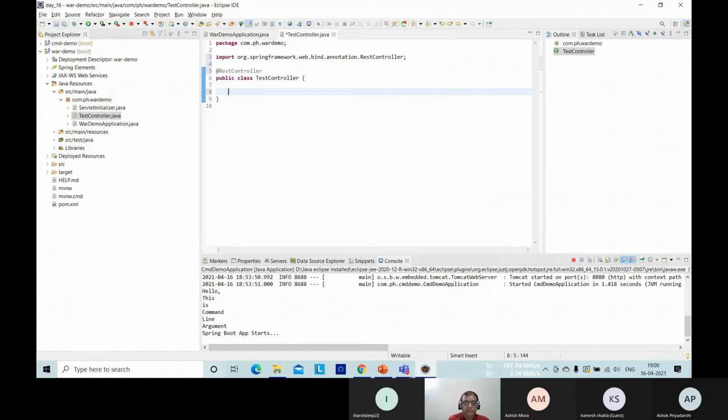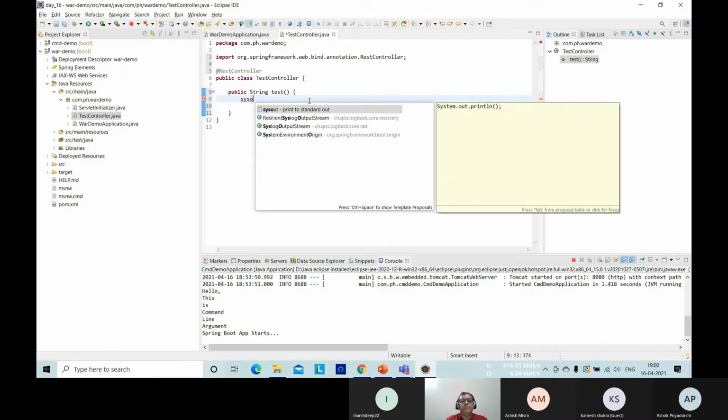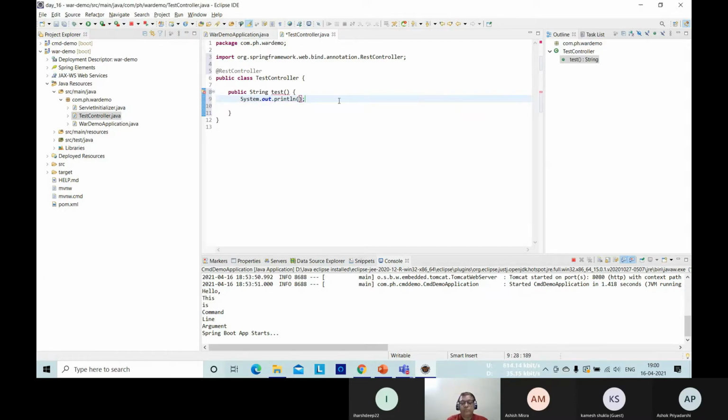Let's say public method, having a string return type and method name, suppose test, as usual. Then I'm having some messages to be displayed on standard output just to check. That's all.